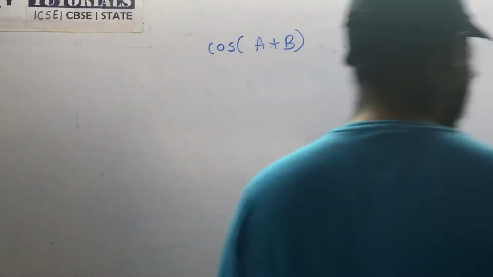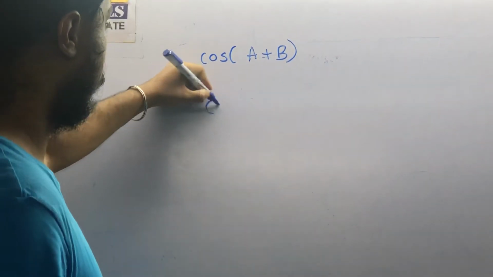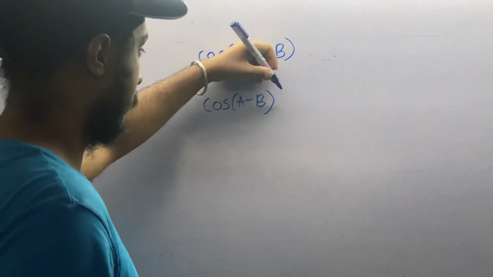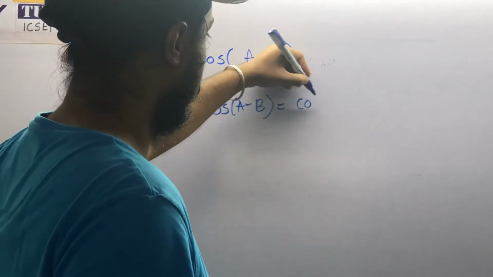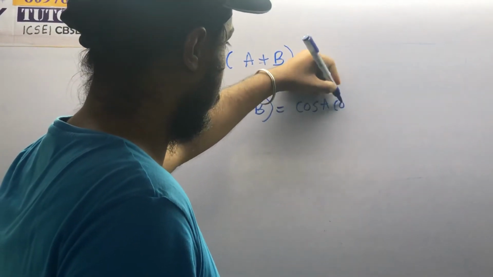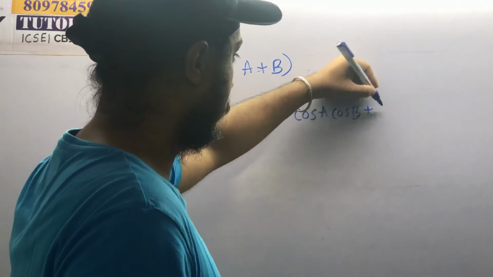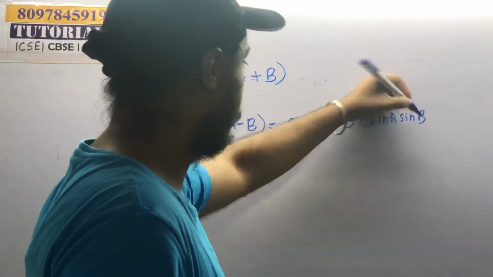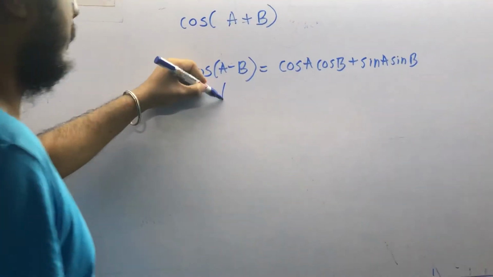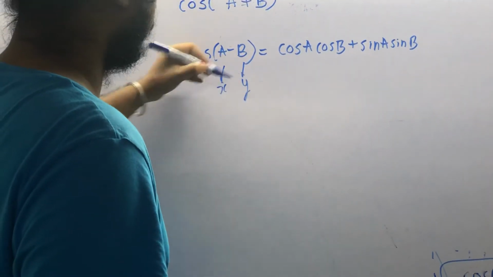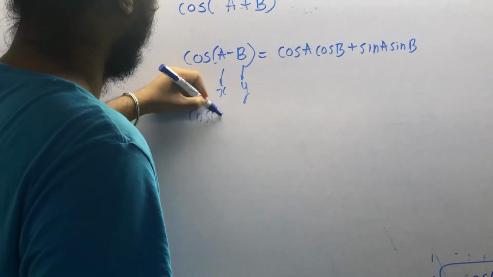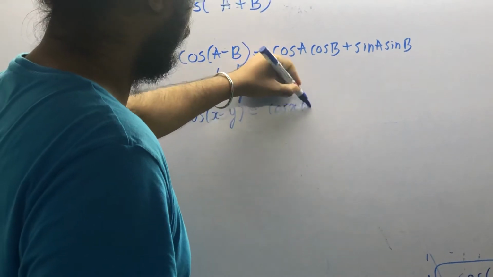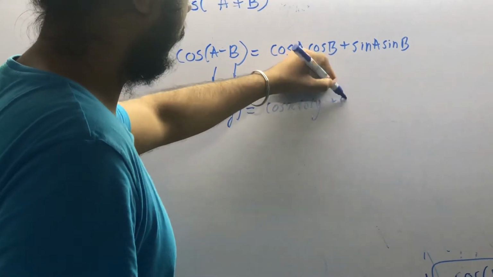So now you have to find this formula. Okay, so we know this formula. Okay, we know this as cos(A minus B) equals cos A cos B plus sin A sin B. Instead of A or B, you can put x, y. If you put x, y, what will be the formula? Cos(x minus y) is equal to cos x cos y plus sin x